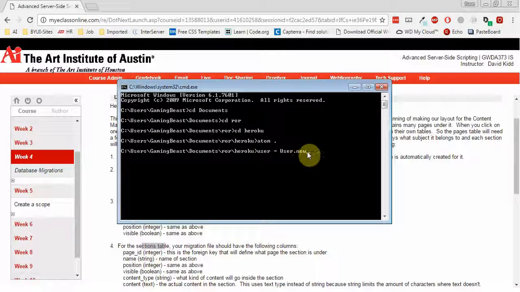So this would be how you would create the object. Okay, and then if I wanted,